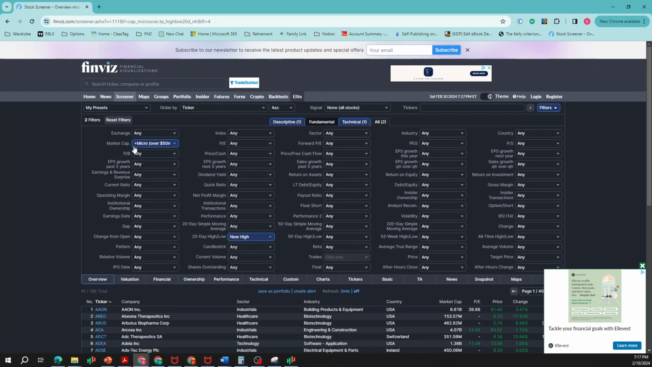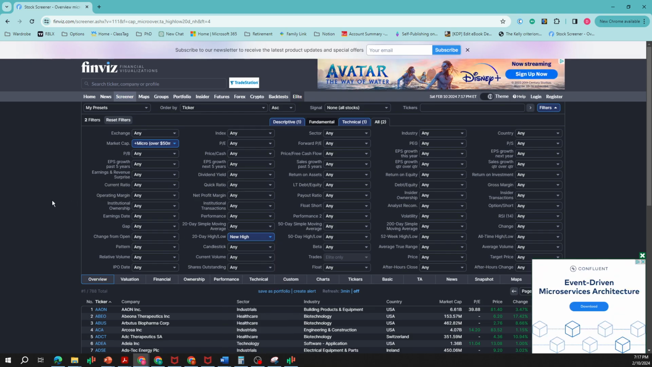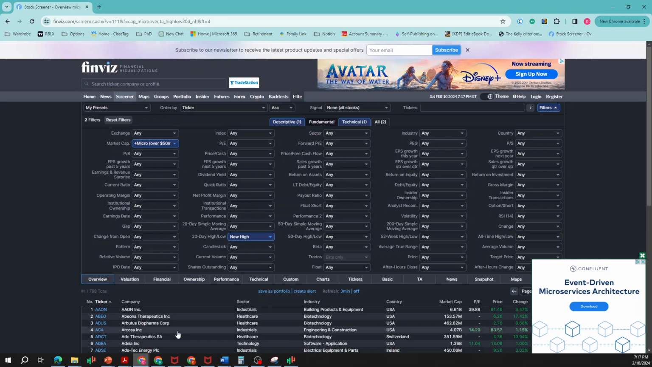So this would be a way to take Finviz, use some cap filters, use some simple new high, new low, or within a new high or new low, and you can, for all intents and purposes, replicate what I'm doing here with this side of my screen. And I suppose you could do something similar with